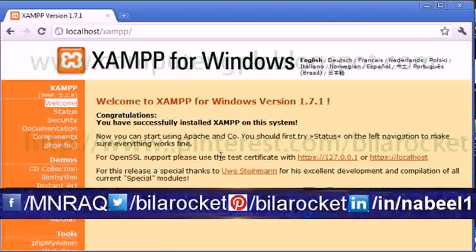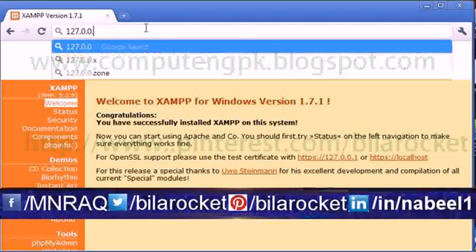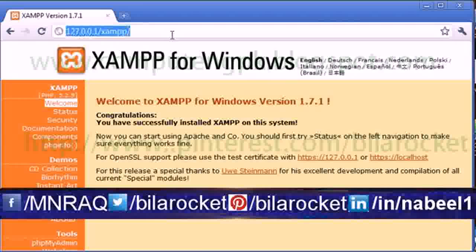If you have got this screen up, then it's got a little congratulations message: you've successfully installed XAMPP on this system. So this means that XAMPP is installed. Now you can also access it using 127.0.0.1. It's entirely up to you, but I prefer localhost personally, and that's what I'm going to be using throughout my tutorials. Now you'll see at the side here you've got things like status, security, the documentation, and the PHP info function,